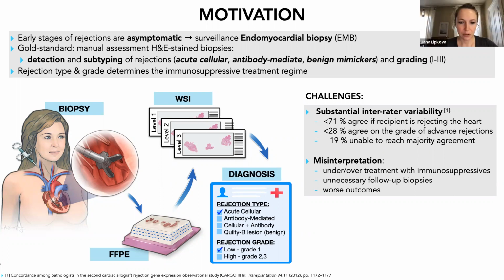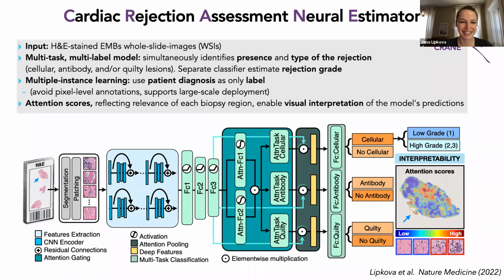Okay. So because of all this large variability, and also you can see that the task of assessing the biopsies is maybe more complex compared to, I don't know, cancer detection, where just the presence of specific morphology will be sufficient to determine the diagnosis. Here it's more complex. You can have different grades, you can have multiple rejections that coexist, you can have these different mimickers. So it's a bit more difficult. And we would like to overcome the problem of large inter-rater variability. We would like to achieve an objective and automated assessment of the biopsies, as you expected.